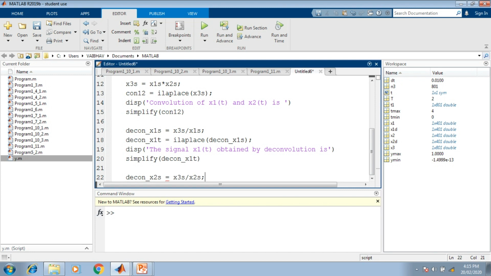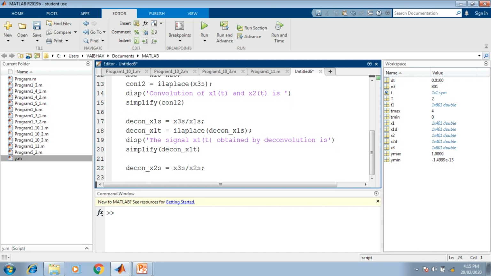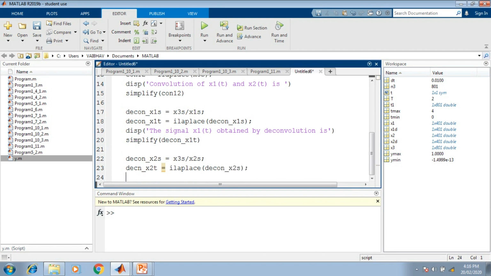In the transformed domain we have made the division, and now decon underscore x2t here into the time domain can be obtained by inverse Laplace transformation. So I Laplace is the command, and the above variable decon underscore x2s can be provided as input, so that we can get the time domain version here.